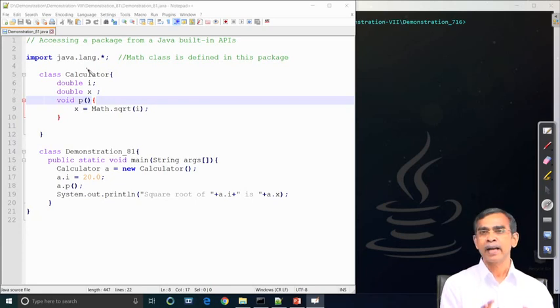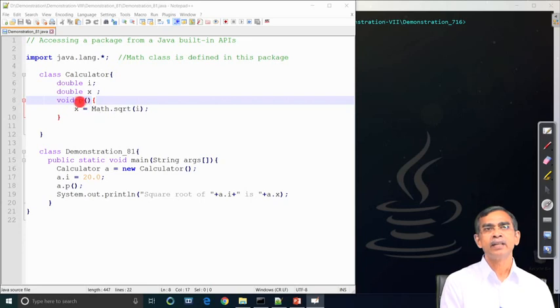They are classes tested and compiled successfully, because if we want to store a class in our own package, we should test it, compile it, then store it. Anyway, in this case, we import one class which belongs to the lang package, and the class, as you see in the program, is Math. Now, here this is a simple class declaration, Calculator, which has 2 members, i and x, and one method p.